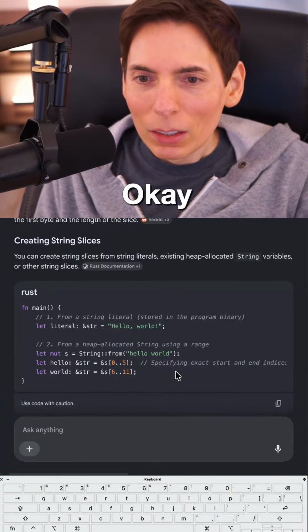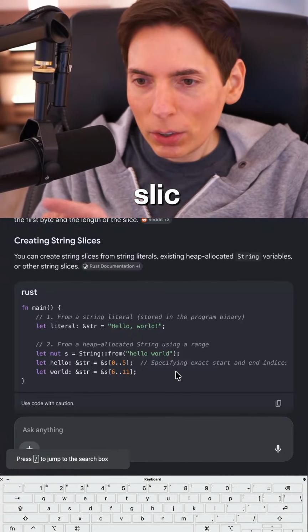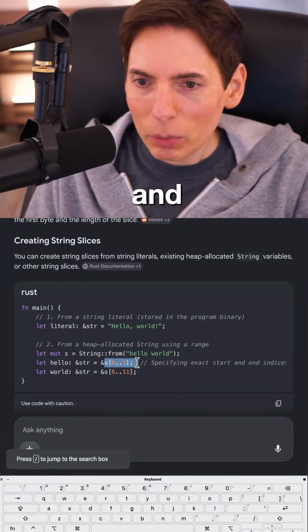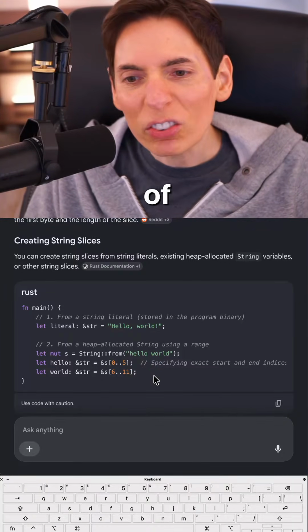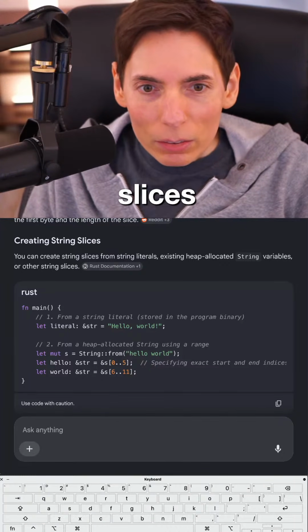Okay, so we want to do string slicing, and I want to use this, and we can do it like that, right? So let's see if we can do, maybe, a vector of slices? Can we do a vector of